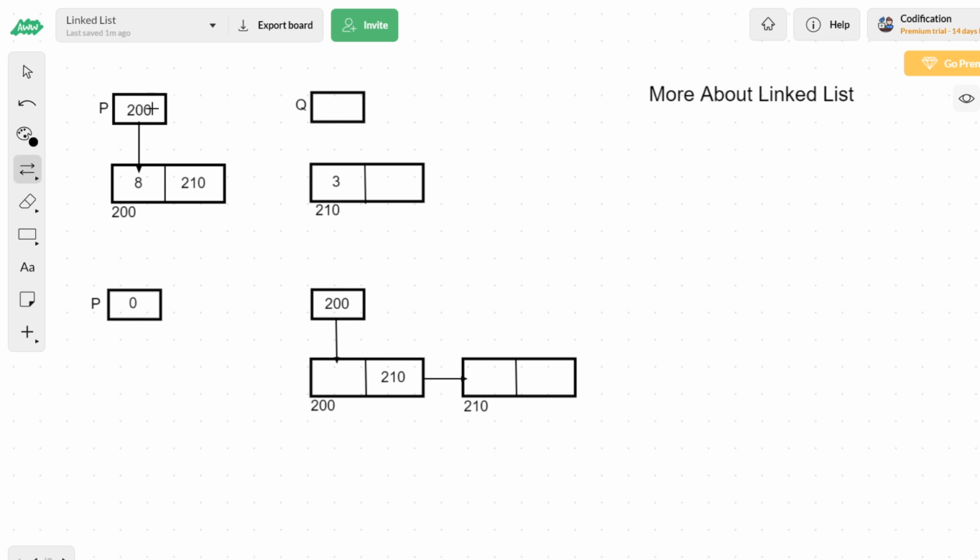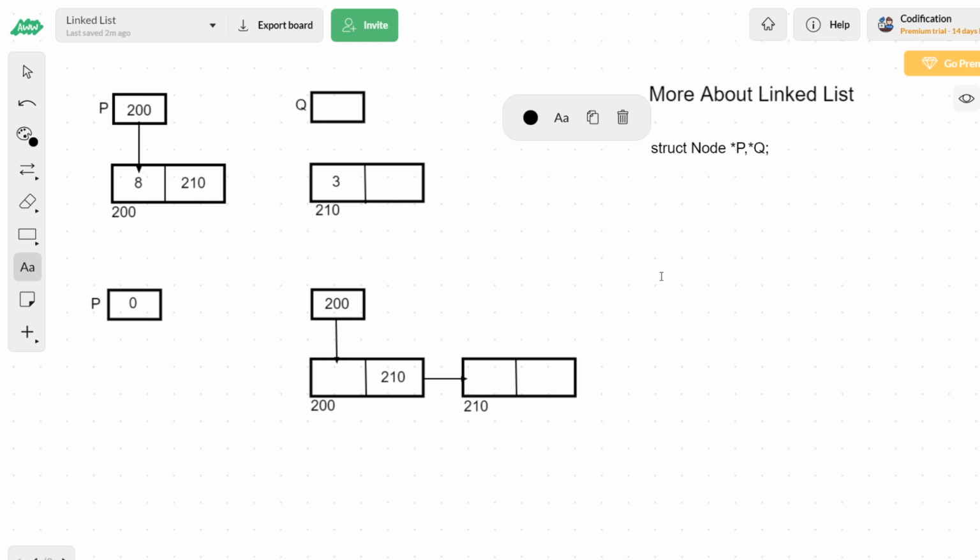Taking the value of a variable and assigning it to another variable is not a very tough job. So what we can do is q equal to p, and the value of p will automatically be assigned to q. So we can easily specify q is equal to p. That's it. But before doing this, let us consider that struct node is the data type which we have seen in the previous video. So struct node star p is one pointer, this is the pointer we have taken, and one more pointer, star q, the next pointer that we have taken.